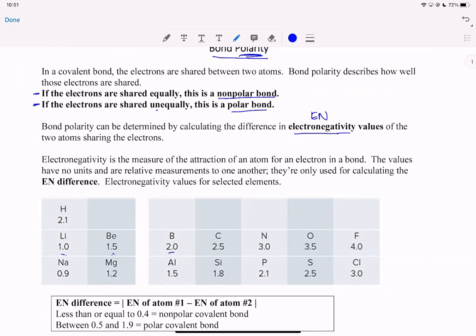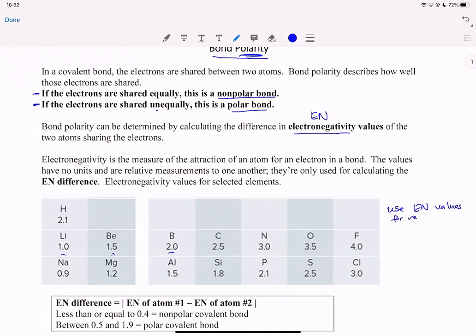Electronegativity increases going across, and it also increases going down a column. There are general trends because electronegativity is related to the atom's size. You don't really have to know that; just know that each atom has its own individual electronegativity, and you use these values